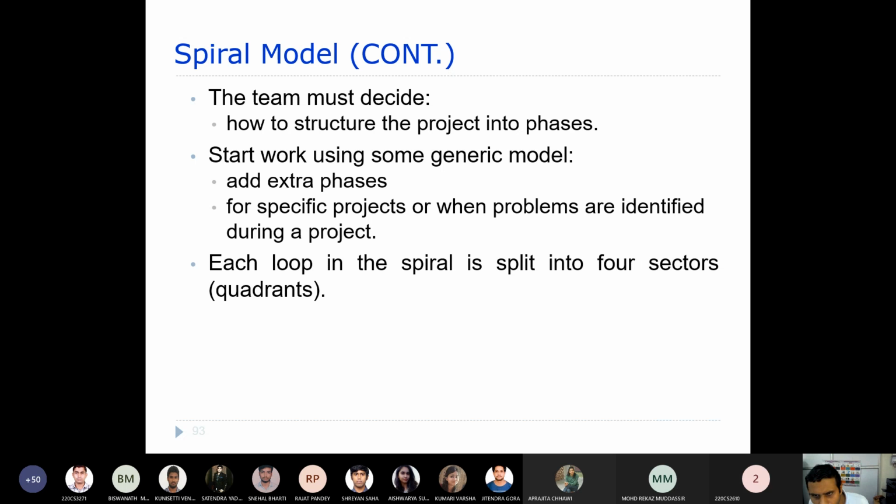The team must decide how to structure the project into phases. The whole development team will sit together and decide how many phases you really need, what the structure would be, and what phase should come after which one. Everything is done by the team, and they start work using some generic model.